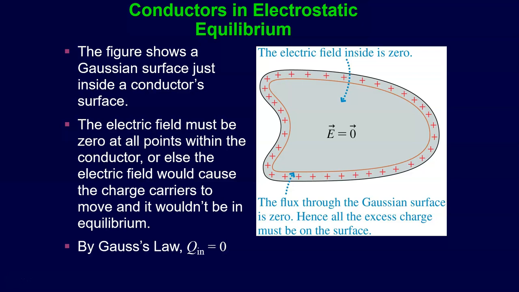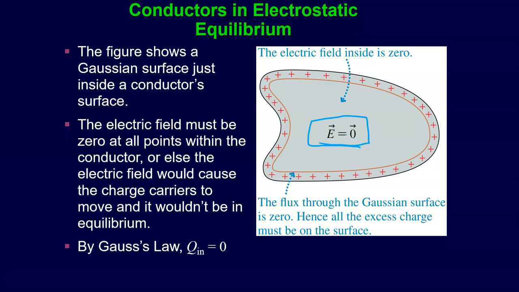And so if there's any electric field, those electrons will move and distribute themselves. The charge is free to move around, and so it'll move until there is no force on it anymore. And when there's no force on it, the electric field will be zero. And so we're going to claim the first thing here, that our electric field inside a conductor has to be